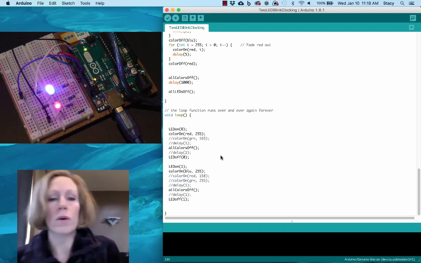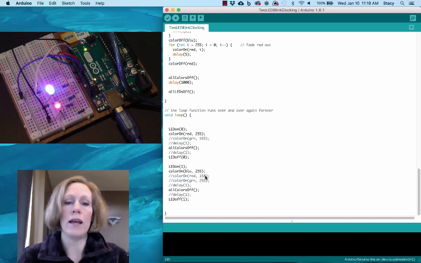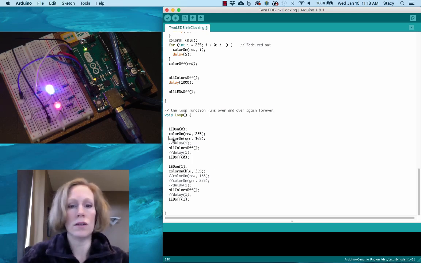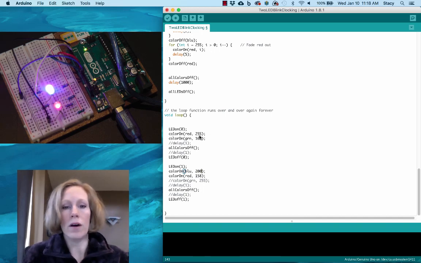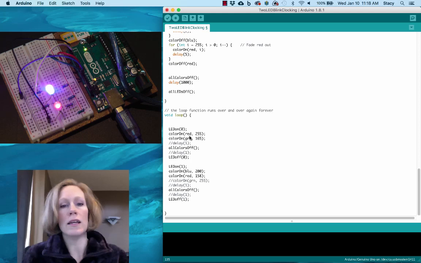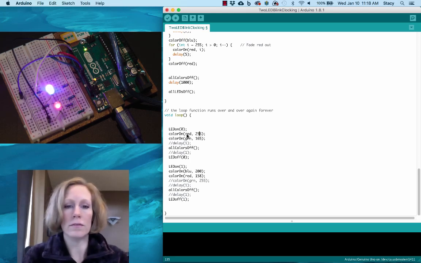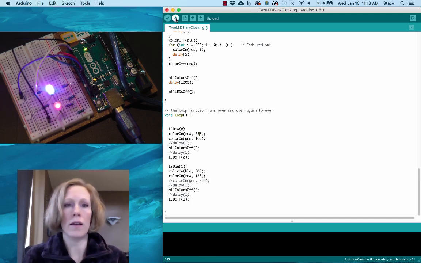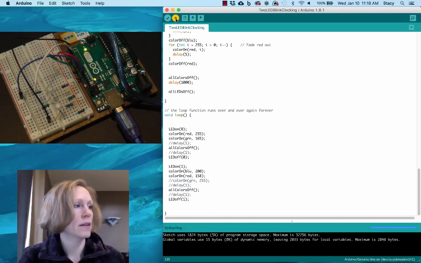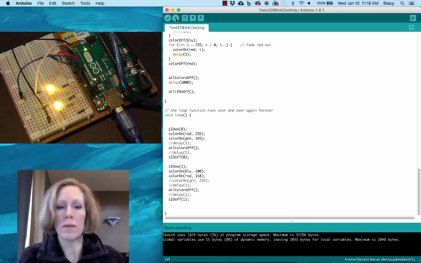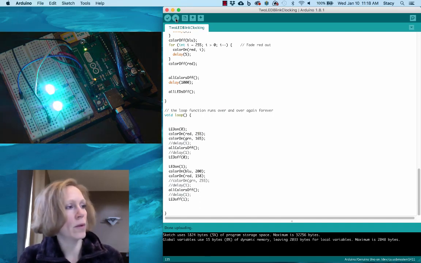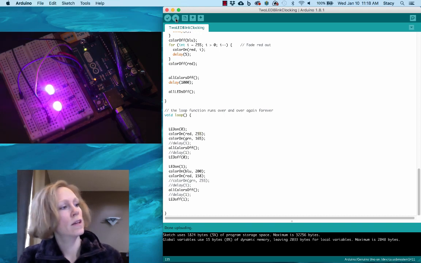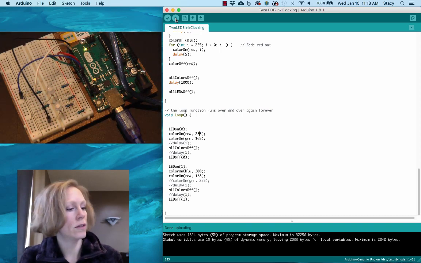Now that's great when we're using just pure colors red and blue, but if I now change and I want to do orange on one and maybe like a purple on the other, I'm just going to reduce the blue here a little bit. So I'm now on the first LED, I'm turning it on orange, and the other one should be purple. So let's go ahead and upload that and see what happens. And it's going to go through our startup sequence that we've already programmed, showing that we can create all the colors,